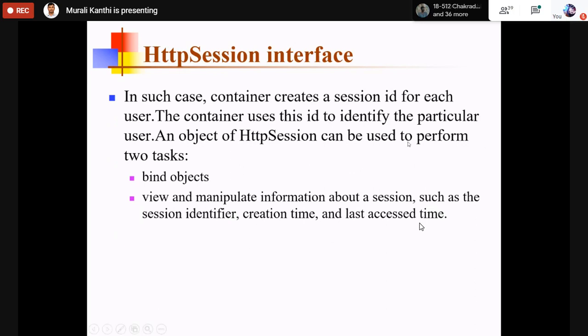Okay, these two tasks can be performed by the HttpSession object. The session identifier, the session creation time, and the last accessed time can be viewed or manipulated. This is the second task of the HttpSession object.